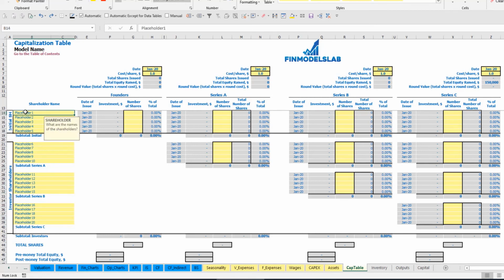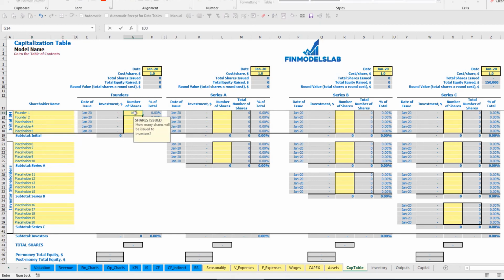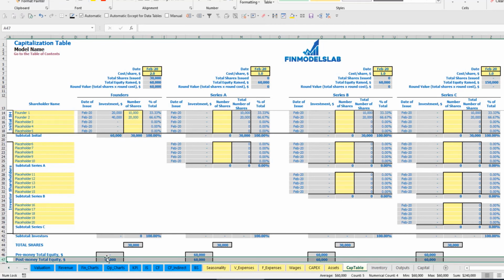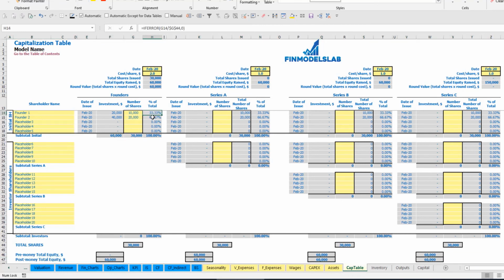Let's pretend that we have 2 founders, founder 1, founder 2. So total amount of shares for founder 1 can be 10,000, for founder number 2, 20,000. Let's imagine that the cost of share will be $2 and the date of funding is February. This means that investment for founder 1 is $20,000, for founder 2 is $40,000. In total they invest $60,000, which you may see here. The dilution is 33 to